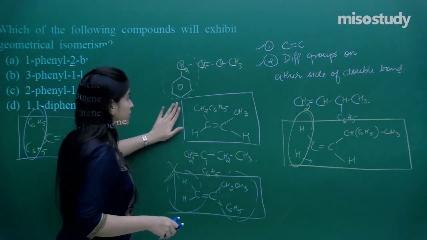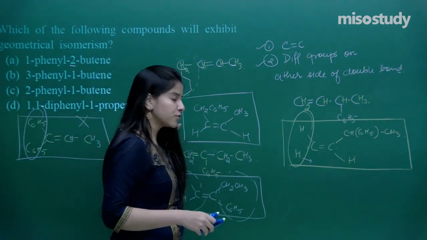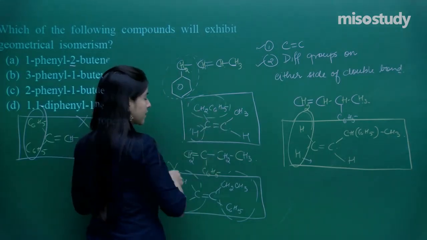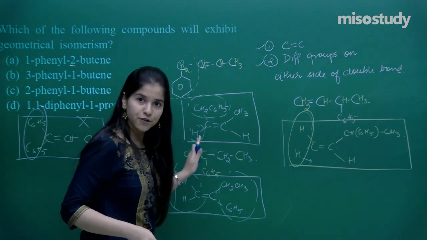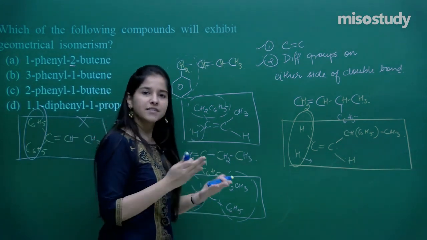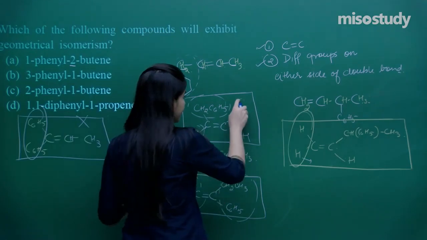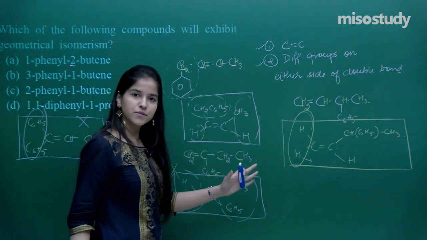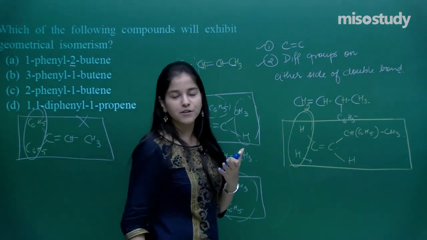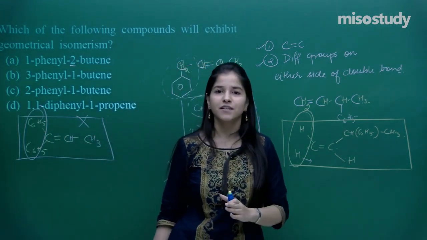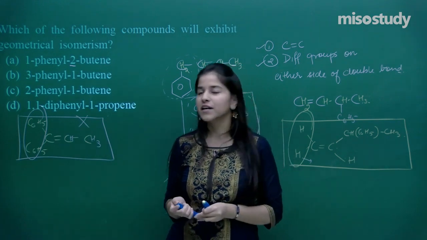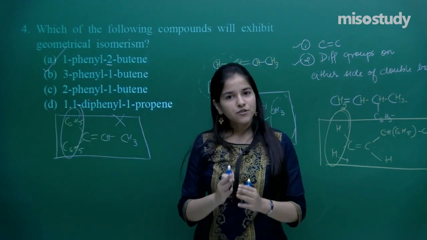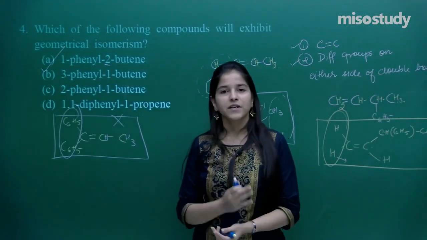Now let's move on to the first one that we took. Here what do we have? We have got 2 groups on the same side. That means these are different groups. We can exhibit cis-trans isomerism. If I have got CH3 and H, again different kinds of groups, again cis-trans isomerism exhibition capability. So I hope that is clear to you. We have got the answer over here, that is number 1. So you need to have the conditions, you need to have the logic to get the answer.